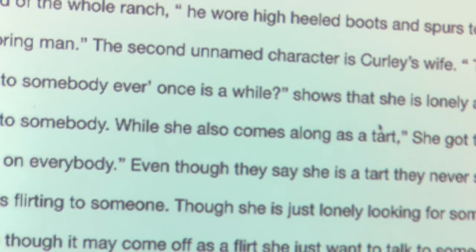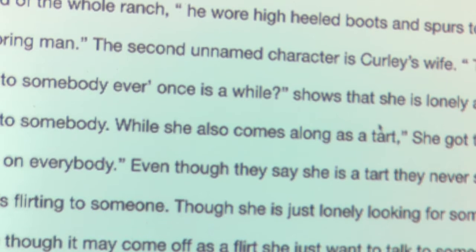Now, she should have capitalized boss. "The boss is the head of the whole ranch," comma, here's a quote that she used: "He wore high-heeled boots and spurs to prove he was not a laboring man," period, end quote.